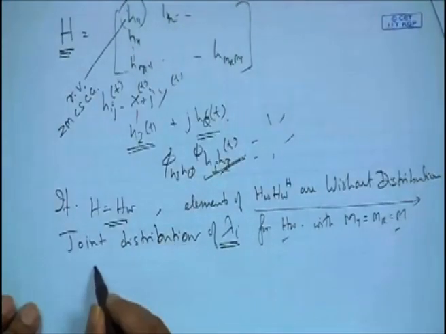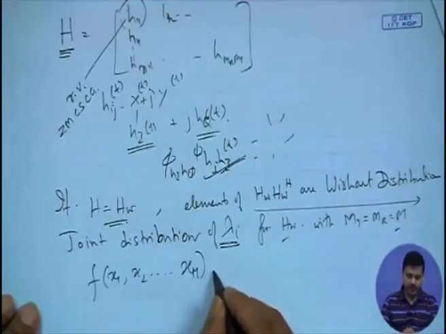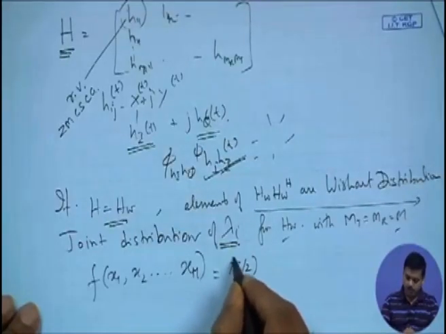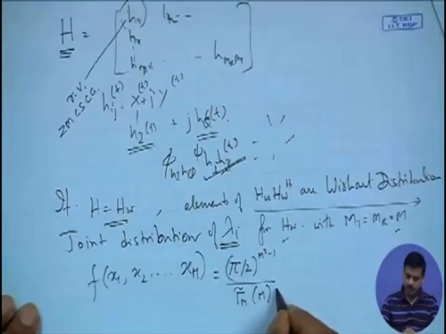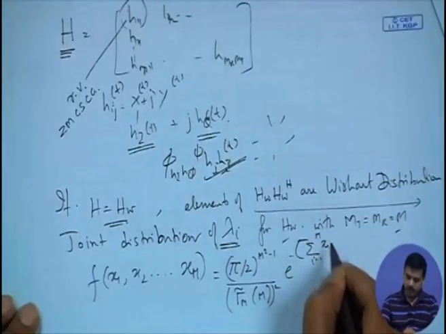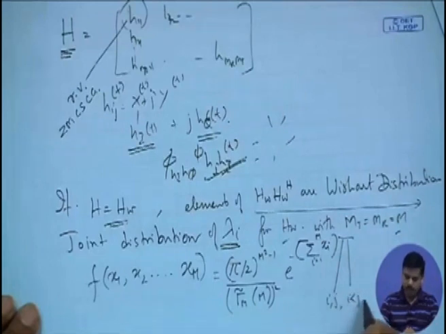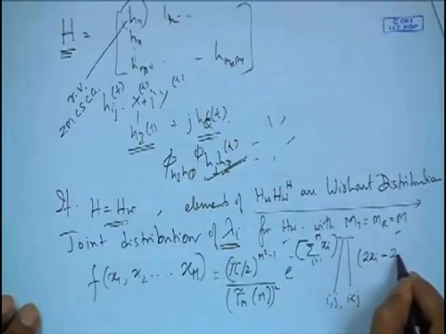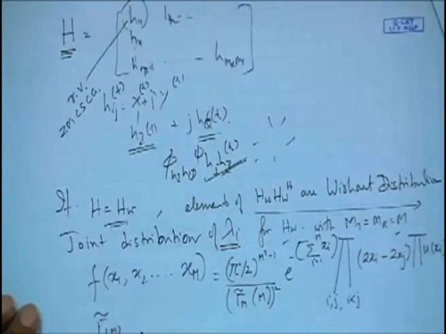So we proceed with this, and with this particular situation, the joint distribution of the lambda i's, that means f of x1, x2 up to xm, we are not writing mr or mt, we are writing xm, is given by a complex expression: pi by 2 raised to the power of m squared minus 1 divided by gamma tilde m of m, this is a gamma function, squared, e to the power of minus summation i equals 1 to m xi, product over i and j, in the order i is less than j, 2 xi minus 2 xj, unit step function u of xi indicating positive values, and gamma tilde m of m is